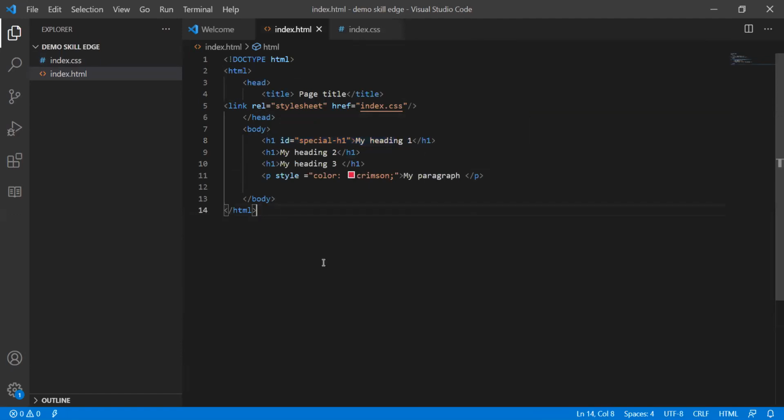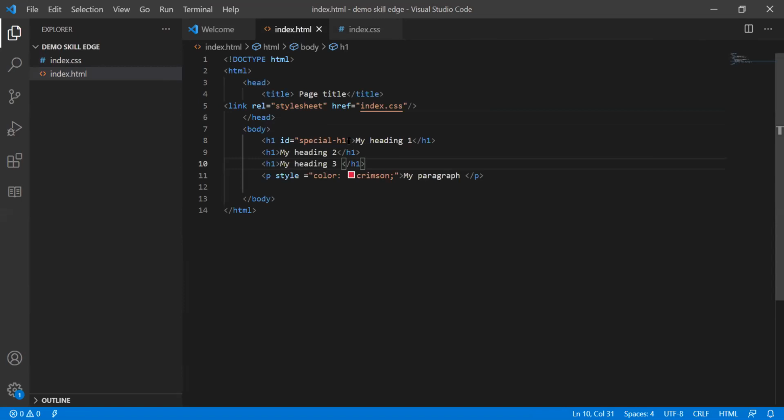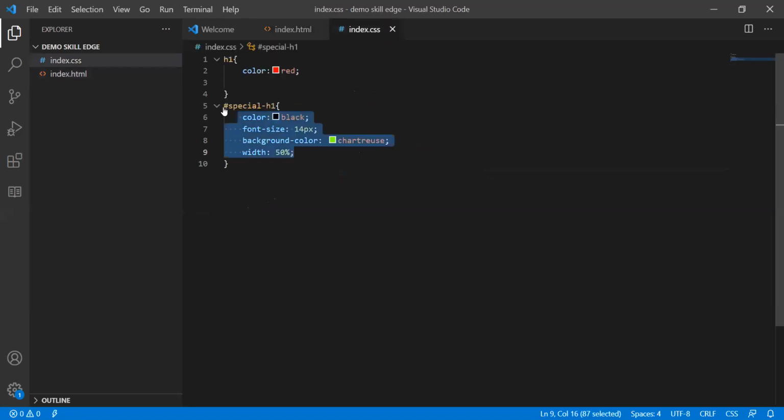So now we will apply more colors to this. How many IDs can we declare within a single file? We can declare many, because in ongoing projects there will be so much code, right? So for all those tags, if you use a special H1 ID, for all those H1 tags you can use only just this. This will be your H1 tag. Whatever the special H1, if you use this particular ID for all the tags here, only this style is enough for you.